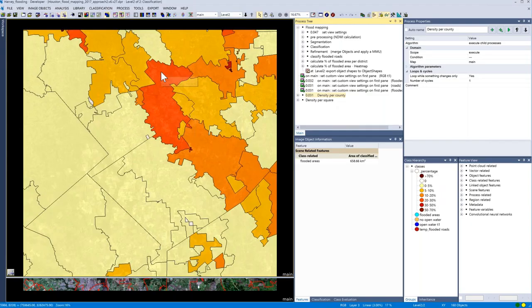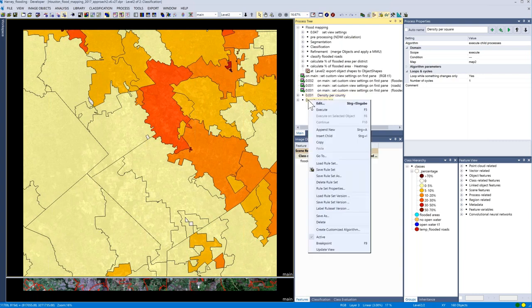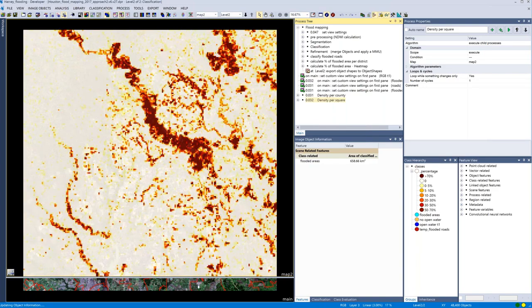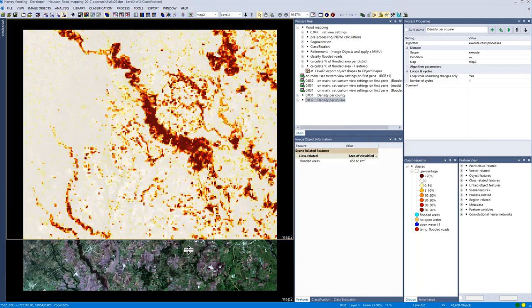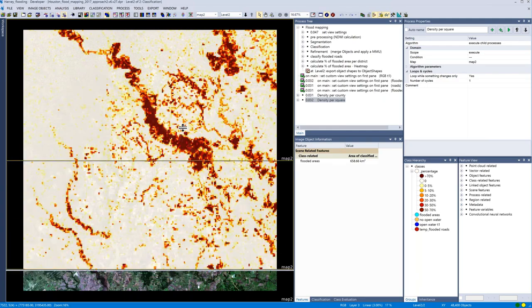So you see here for each county the percentage of flooded area within the county. In this case, it's fairly severe. It's more than 70%. And then finally, we have this heat map looking like result that corresponds to the flooded areas.